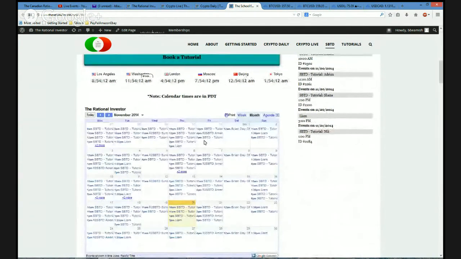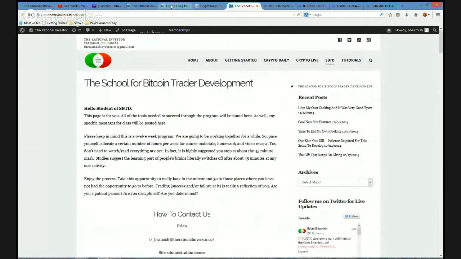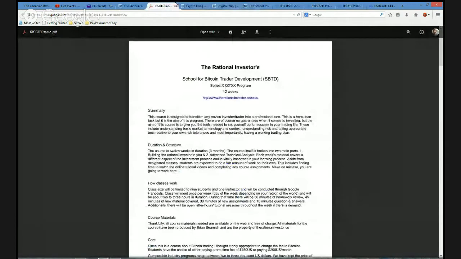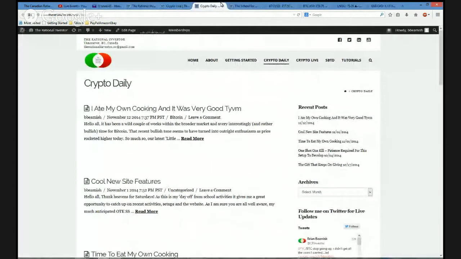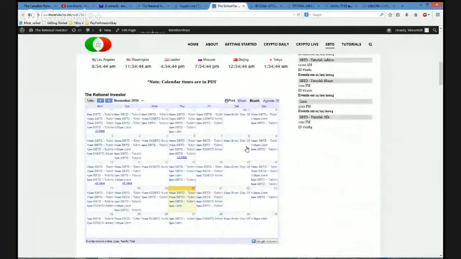As I said, I'm very active teaching tutorials, so you can see on this calendar, my day is basically booked up with tutorials, because everybody that joins the school, and you can learn about it in that document that I gave you the link to, right here, not only gets 3 hours a week of in-class work, but also gets 1 hour of tutorial with me every week. So as you can see, students just book. And this is exactly what I want. I want students to be booking tutorials and reviewing the information with me.